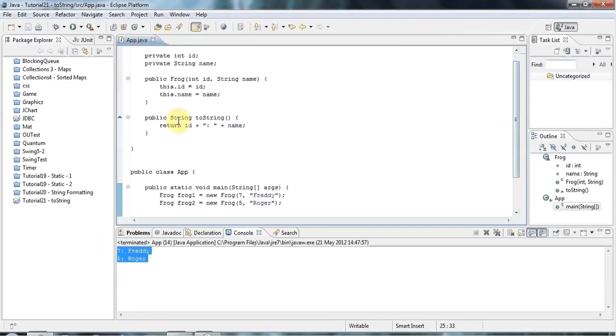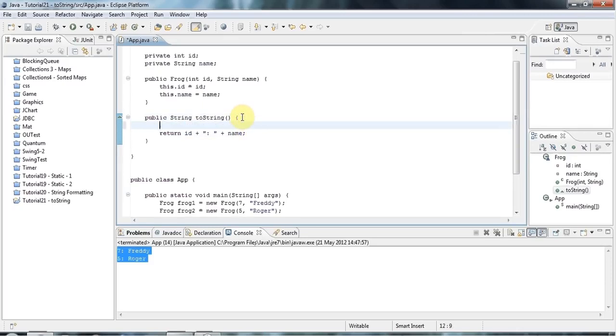Now there's nothing wrong really with this, it's just that it's a little bit inefficient because you've got a string object here and a string object here as well, and this is getting wrapped in an Integer, a non-primitive integer type class, and then converted to a string, and then you're concatenating all those strings together and turning them into a new string. So there's a lot of string objects flying about, and a slightly more efficient way of doing it would be